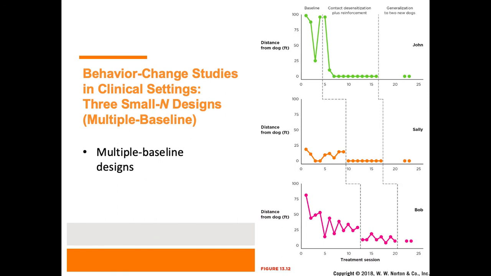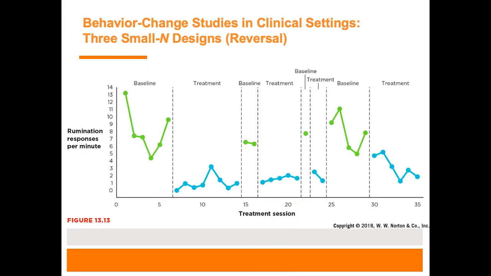Similarly, in this case, we're looking at multiple children who had fears of dogs, I believe, children with autism who also had dog phobias. And in this case, we're looking at the multiple baselines, comparing over time the treatment conditions and then generalizability, actually, in the last one, to see if different dogs were introduced, how that training continued on to lessen the fear of the dogs.